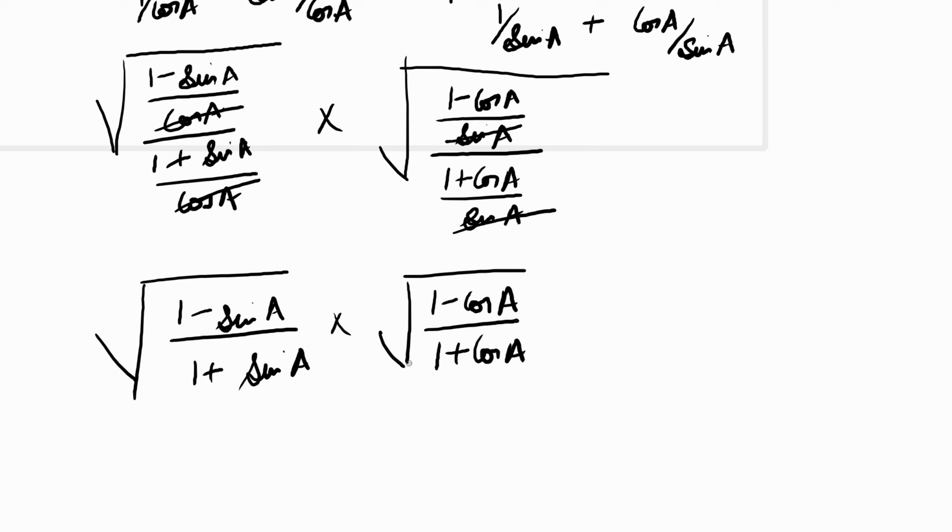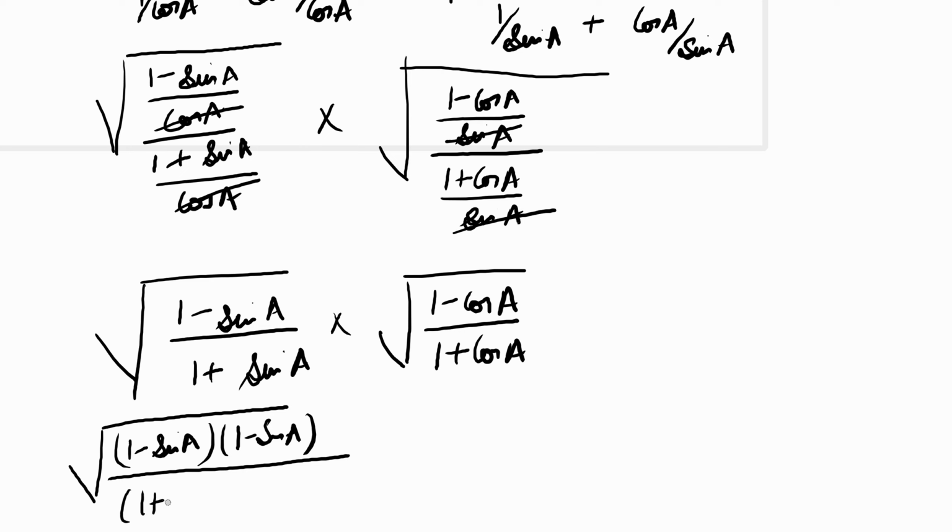Now what we will do? We will multiply the left side by 1 minus sin A and the right side by 1 minus cos A. We will do it like this. We will multiply the left hand side, both the numerator and the denominator, by under root 1 minus sin A. This will become 1 minus sin A upon 1 plus sin A into 1 minus sin A. See, when we do this, the numerator will become a square and it will come out of the under root,